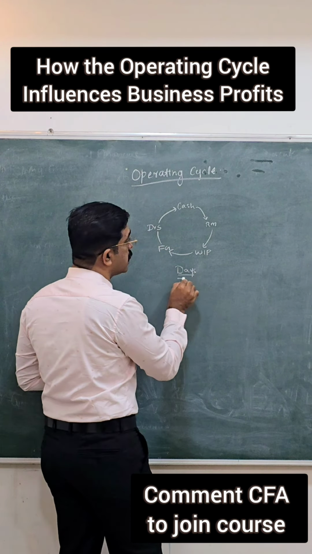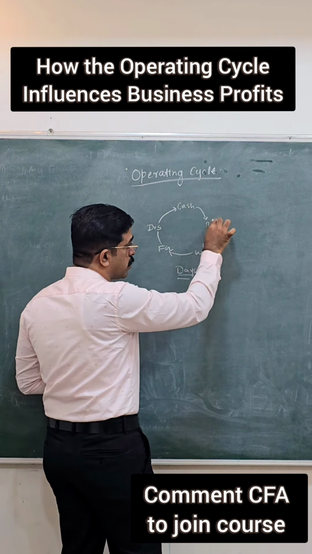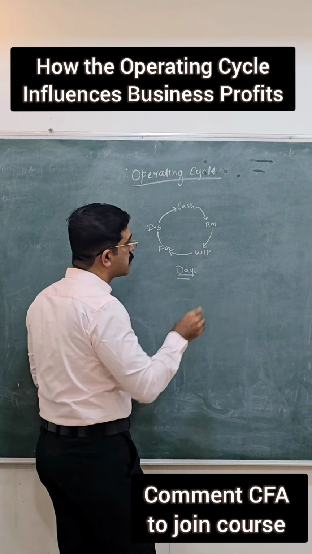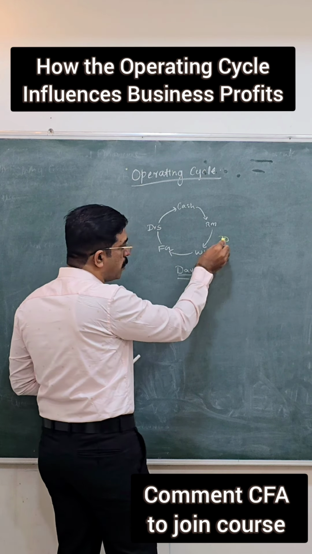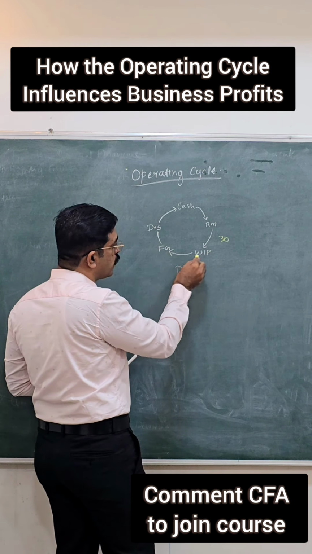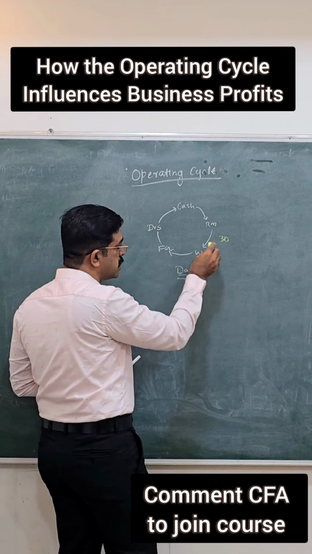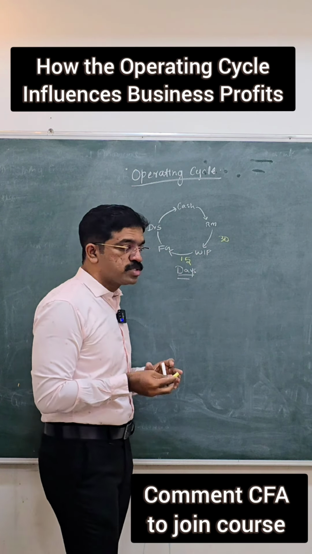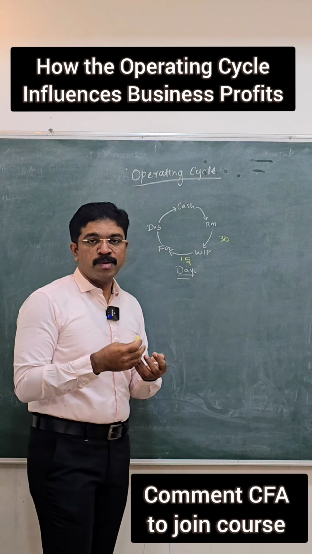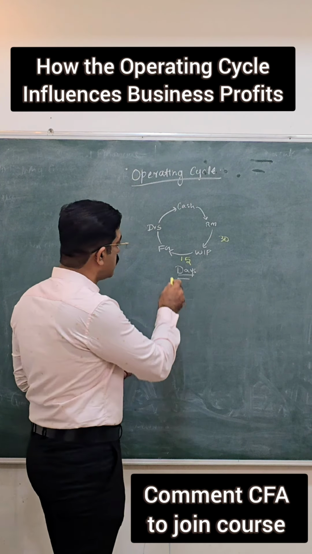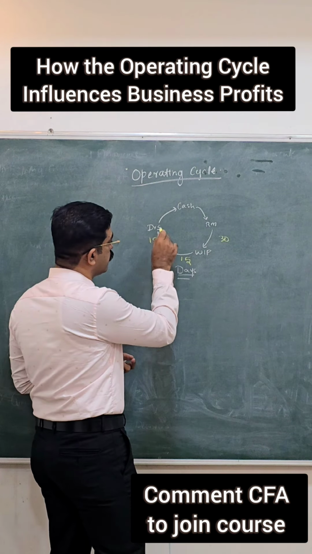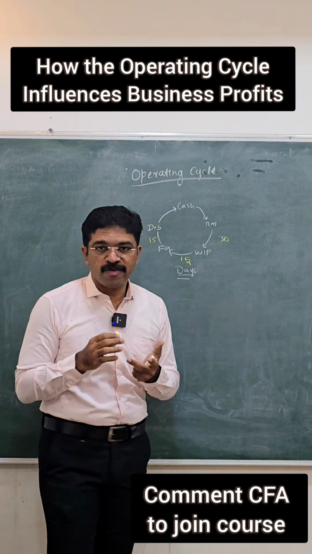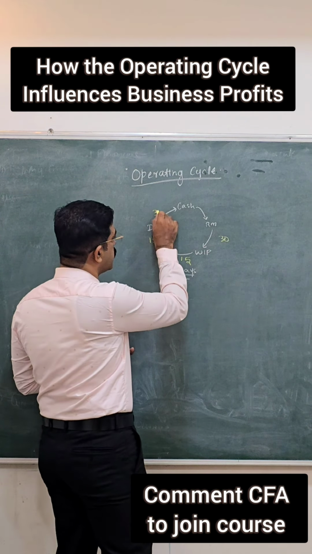Days are involved, right? That is, my cash is going to get locked in raw material for a certain number of days. Let's say it is taking 30 days, and then this raw material is going to be converted into finished goods by undergoing a production process. Let's say the production process takes another 15 days, and the finished goods may not get sold immediately. It may remain in stock for a certain number of days. Let's say it is going to remain in stock for another 15 days, and then I find a customer, but the customer is asking credit for 30 days.